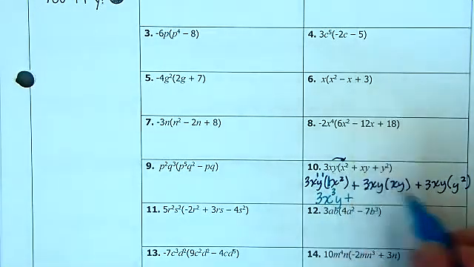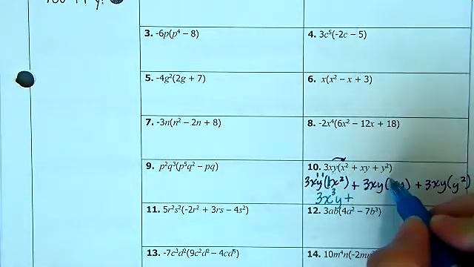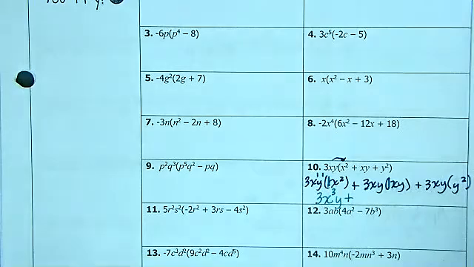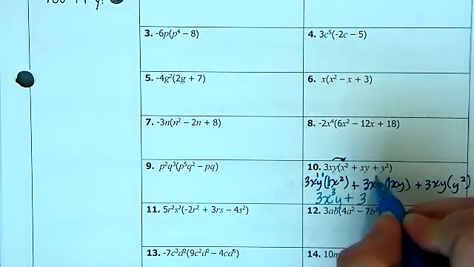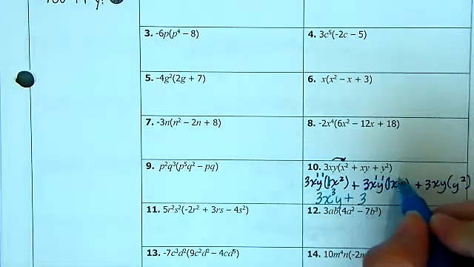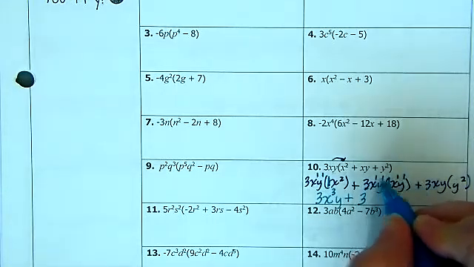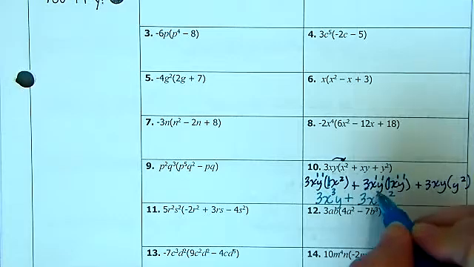Plus, now I'm doing the 3 times xy. There's no coefficient. It's understood to be a 1. So I'm doing 3 times 1, which is 3. Again, these exponents are 1s. These are 1s as well. So I'm doing 1 plus 1. So that's going to be x squared, y squared,